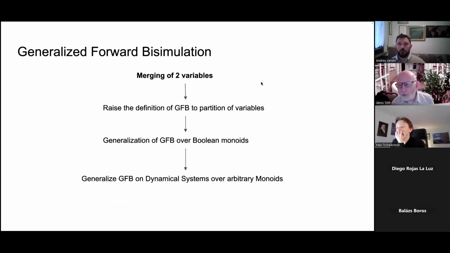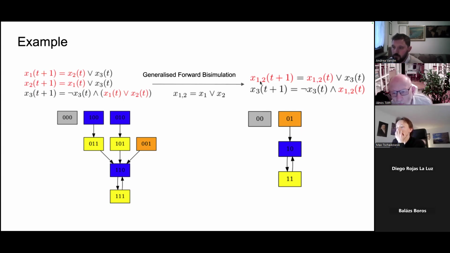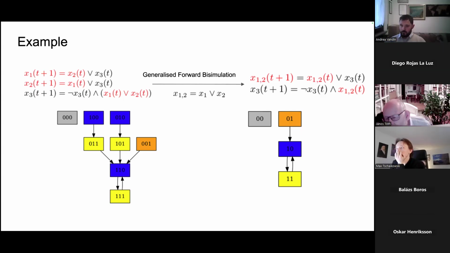So, I have a question. Can I ask you a question? Are you choosing yourself, as an input, that you want to aggregate x1 and x2, or do you have a system where you find all of the ones that are easy to aggregate? We have a partition refinement algorithm, which means